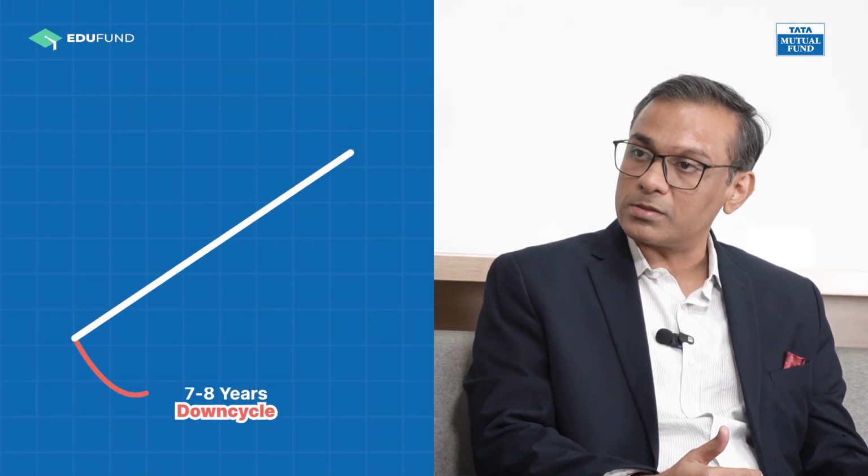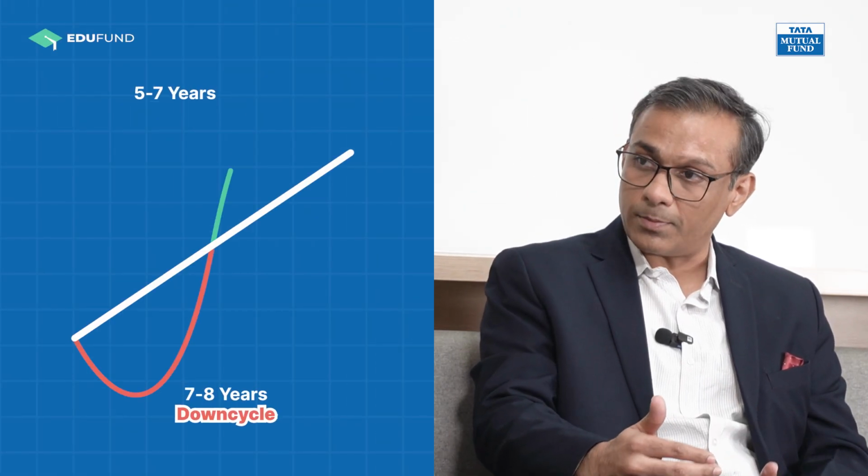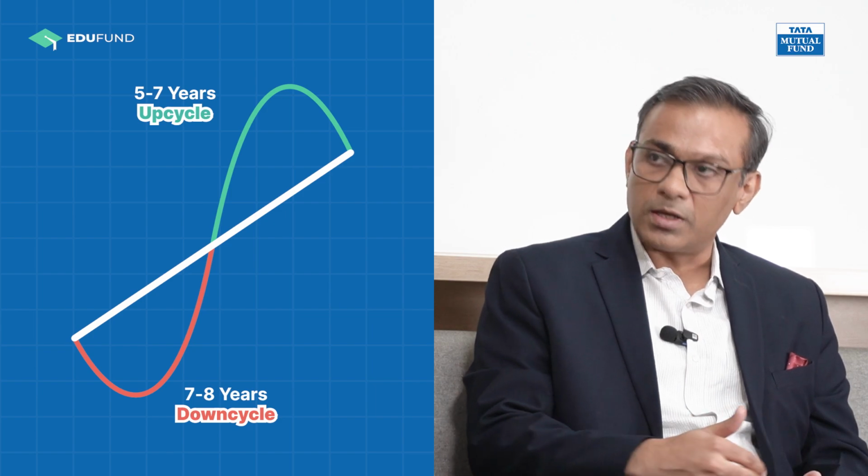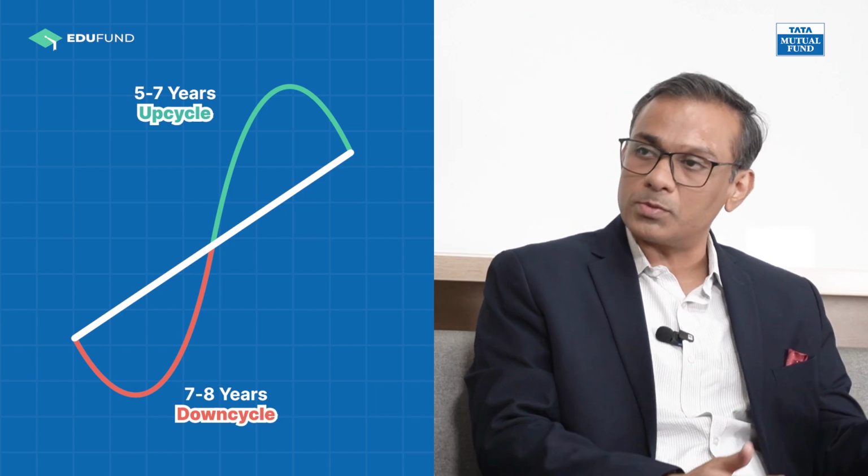Sure. So the genesis of the Housing Opportunities Fund lay in the fact that we thought the real estate sector was turning around. Real estate in India is a very deep cycle sector. You have 7-8 years of down cycle followed by 5-7 years of an up cycle. We thought we were at the beginning of a new upcycle. We'd seen the last 10 years, which was the down cycle for the sector. A lot of the macro indicators for real estate were turning around.